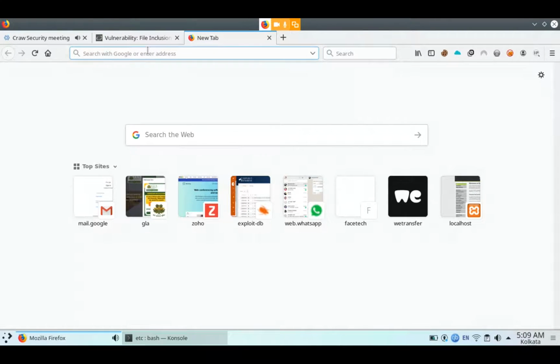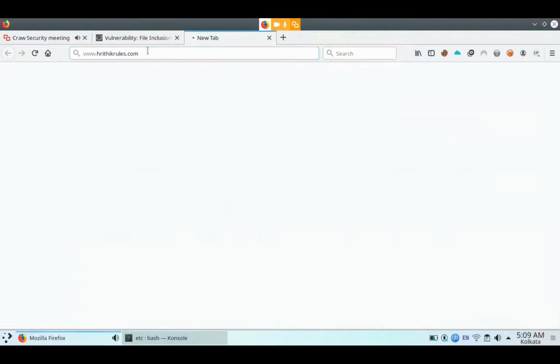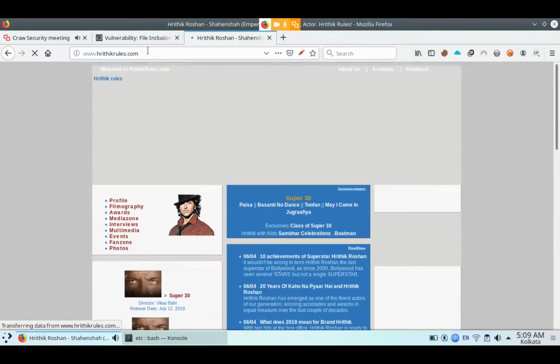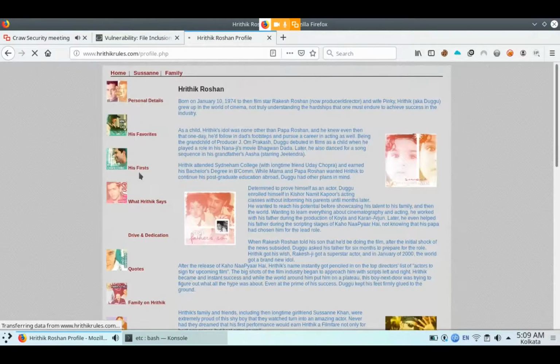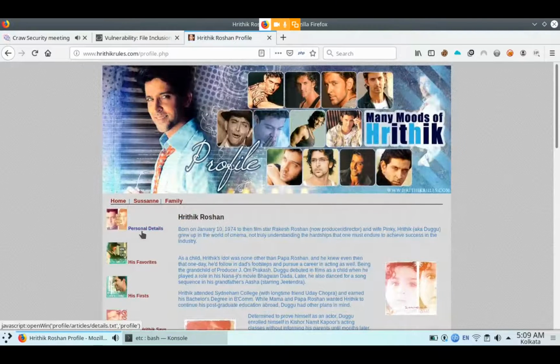This website is also vulnerable through LFI attack. You only have to click on profile, and after the profile, click on personal details.